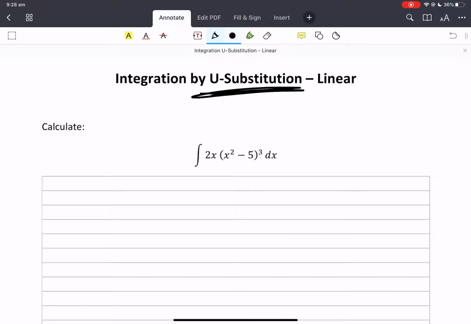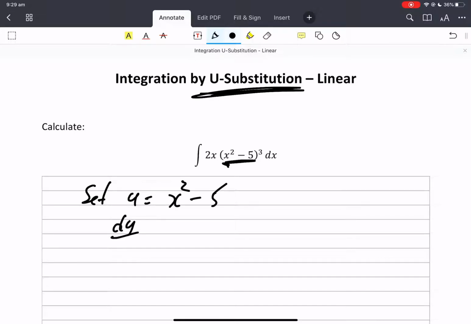Okay, in U-Substitution, what we're looking for is where one part of the integrand is the derivative of the other. Can you see there that the 2x is the derivative of x squared minus 5? That's our clue, and that tells us what to set u. Generally, it's going to be the bracket. So we're going to set u equal to,